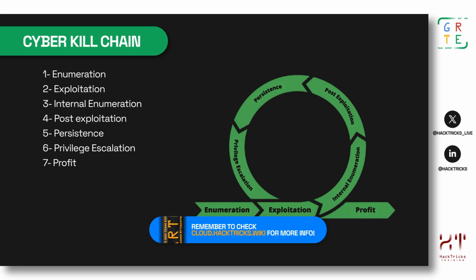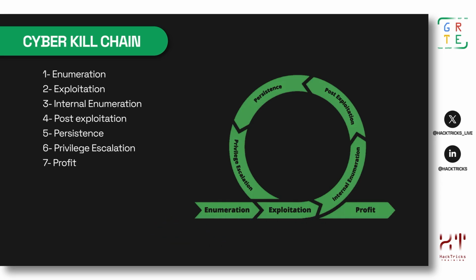And then we can just perform some privilege escalation. Again, depending on the permissions and the access that we got, we are going to be able to escalate privileges to other principals. And if this is the case, we are just going to be starting the wheel again. We will exploit the previous escalation vector, we will get some potential new credentials, we will do the internal enumeration,